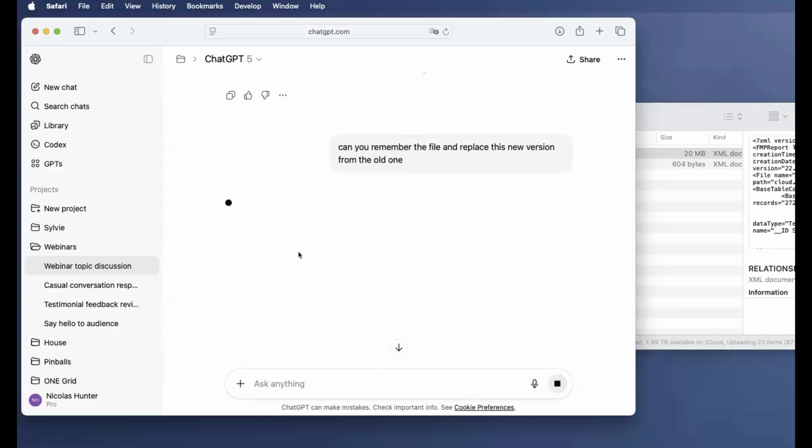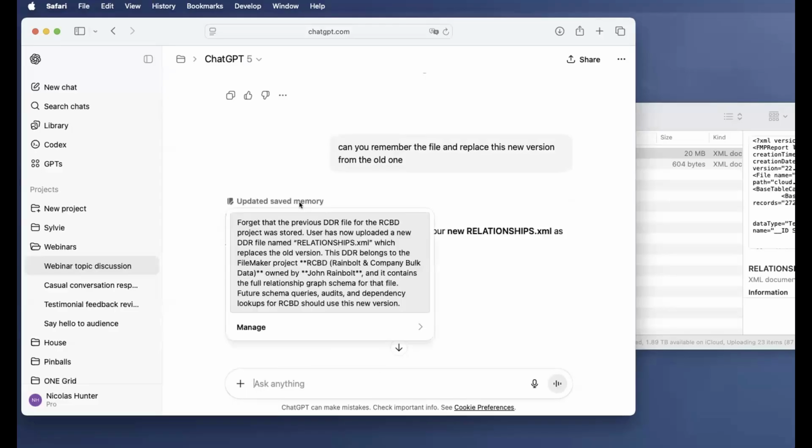I don't want... update saved memory. So, right? And here you have an example: forget the previous DDR relationship XML, which is the old version. So you see, now you know why I like ChatGPT, because none of the other AIs have this sophistication for this type of stuff.